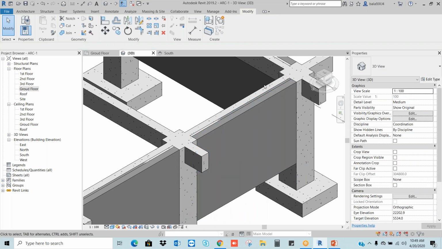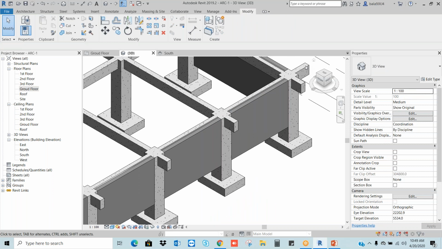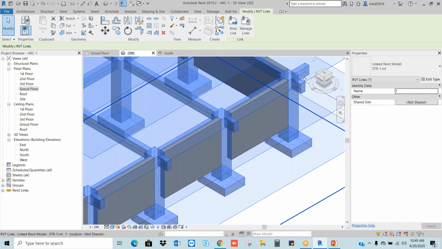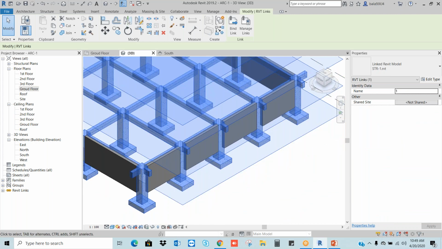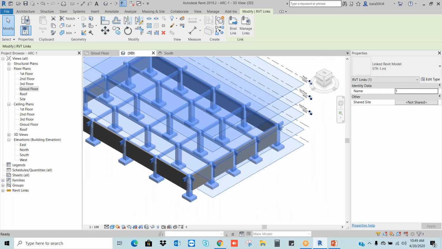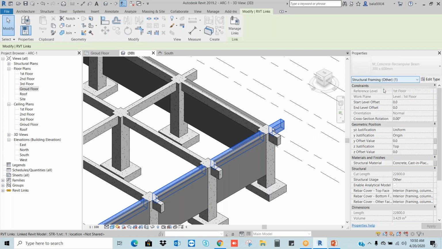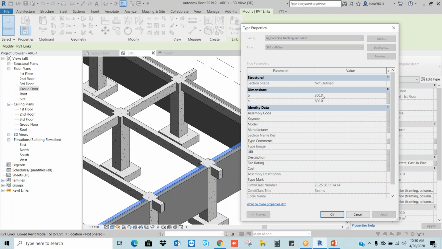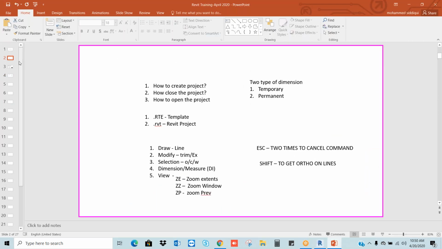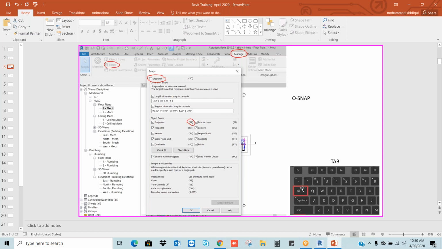Here, what is our beam size? If you select the beams, I'm going to unblock. I want to select the beam here. Okay, if I select the beam, what is happening? The entire link is getting selected, but I want to select only one beam. Just place the mouse and use the tab key. Hit the tab key. It gets selected. You can see the size of the beam here. 300, 600 is the height, right? So tab key means in the keyboard you can see this here, tab key. Just we need to hit the tab key here.